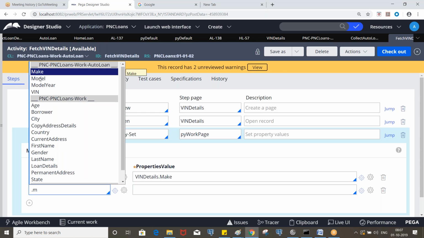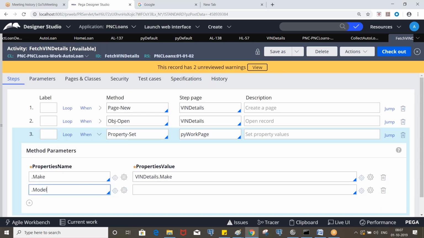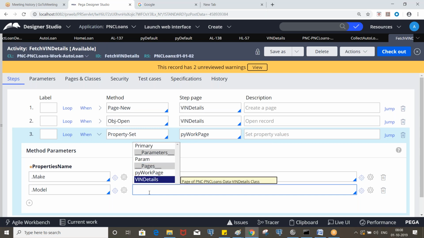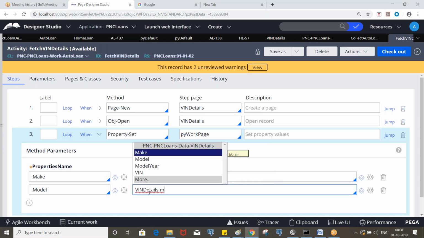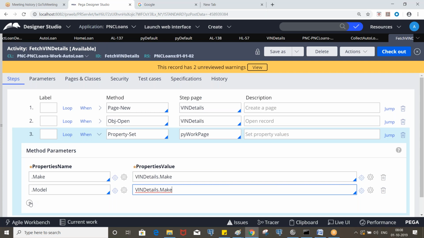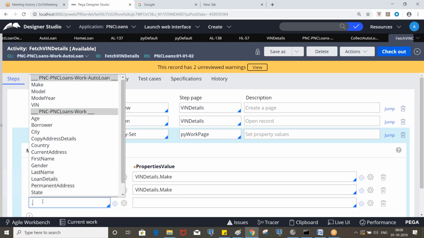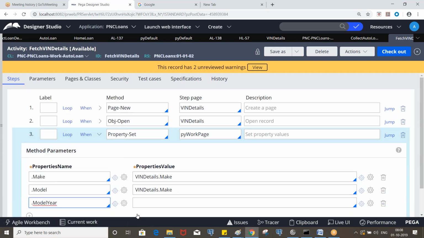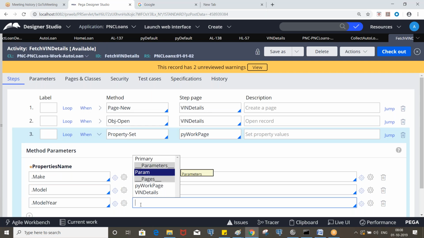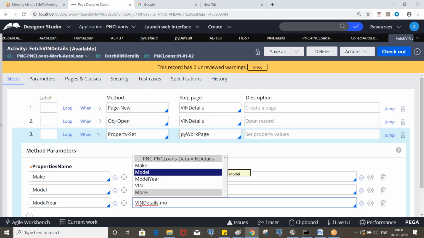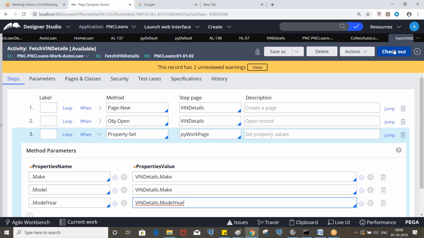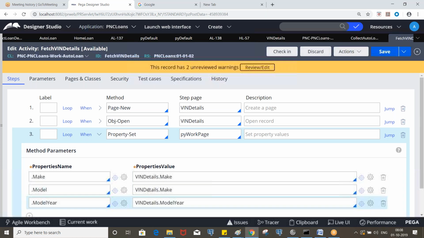Right? Now model, and model here. Okay. Clear?